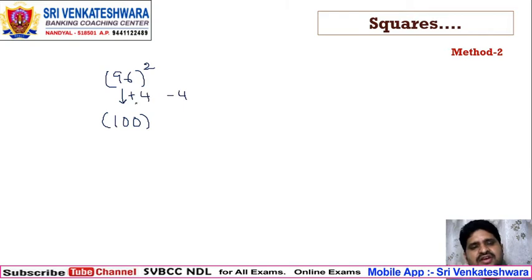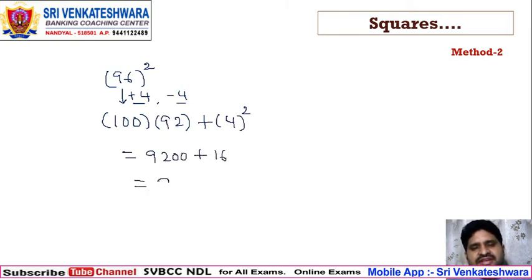Remember this case here. To get the round figure, if you add in one case, in the second case you have to subtract. To get the round figure, if you subtract in the first case, in the second case we have to add. Now in the previous two examples I'm subtracting. Now in this case I'm adding. So 96 plus 4, it is 100. Now next case we have to take 96 minus 4, 92, and we have to add the carrier 4 square. So 92 into 100 will be very easy, 9200, and 4 square is nothing but 16, which I can write simply as 9216.